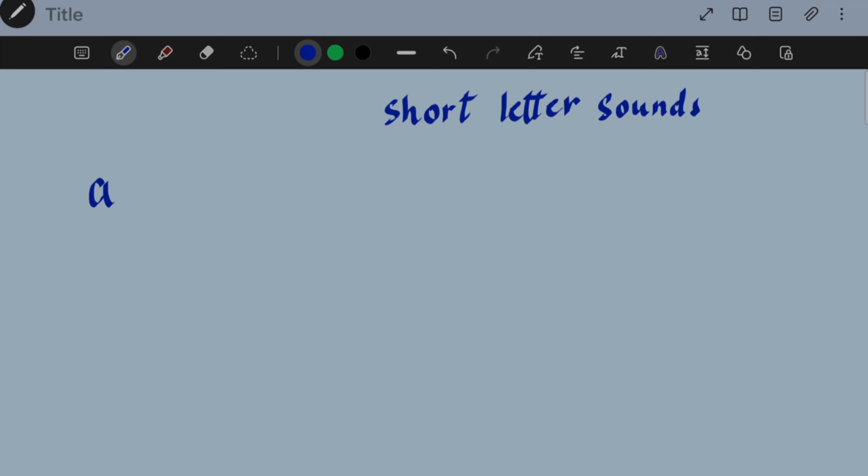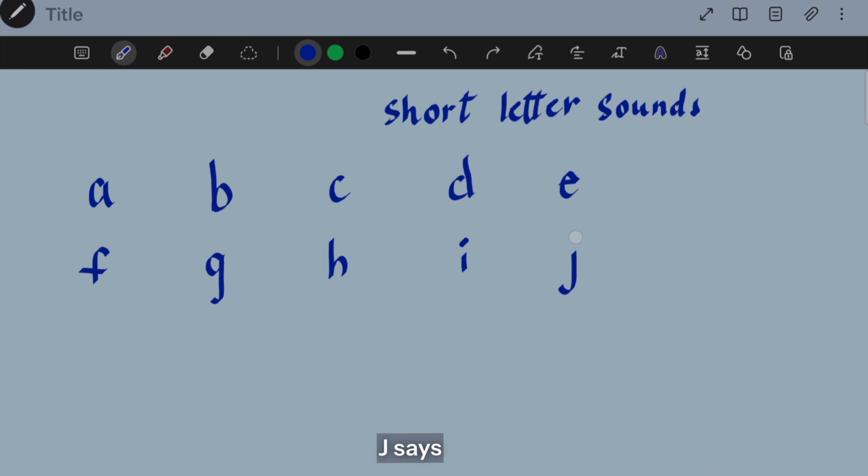So this is A. A says A, B says B, C says K, D says D, E says E, F says F, G says G, H says H, I says I, J says J, K says K, L says L, M says M,